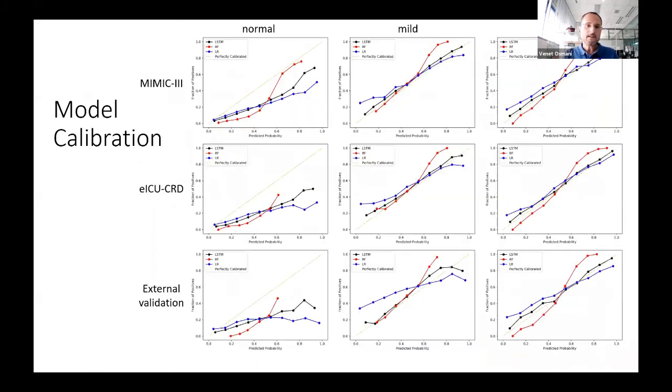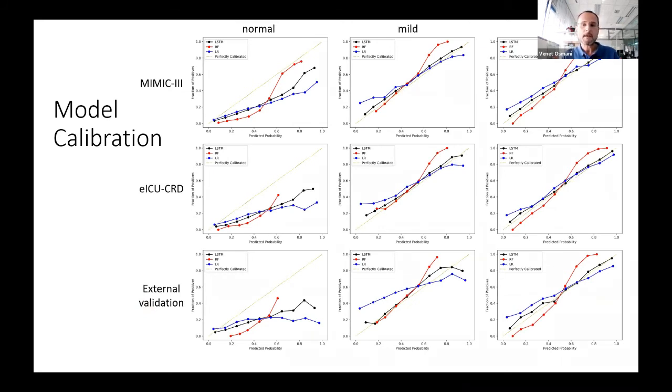And finally, we also looked at the calibration. So what we can see here is we have the 3 groups and we have the 3 evaluation methods. So internal evaluation MIMIC, internal EICU, and then external evaluation. What it shows here is